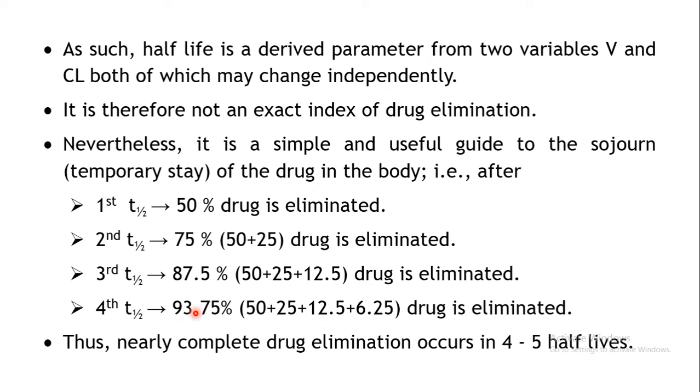How have you come to this? Initially 50 plus 25 plus 12.5. So what is the remaining amount in your body? It is 12.5. Out of that, half will be removed, that is 6.25. So that's how this value is 93.75%. So what you can conclude is that nearly 4 to 5 half-lives are required for your drug